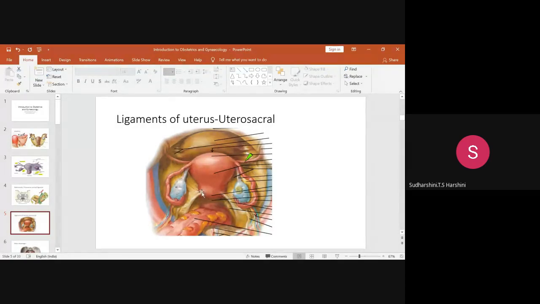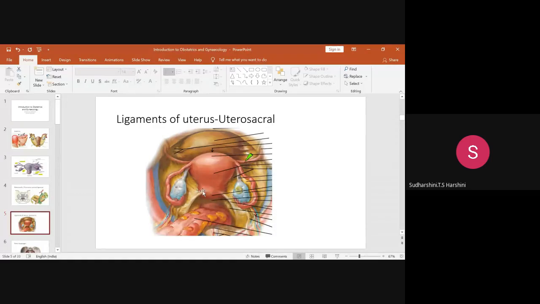Okay. So when you come for the posting, they'll take you to the lab theatre. In the lab theatre, once they insert the telescope through the camera, you can see this kind of picture. So this is a posterior view because what you are seeing first is the ovary. Okay, and one more thing, this is the sigmoid colon and this is the rectum. So this is the uterosacral.